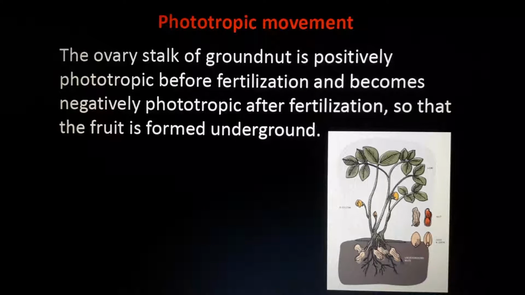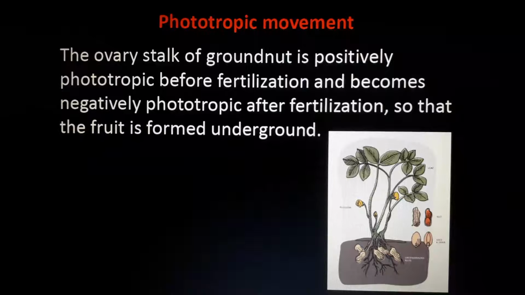I am not very familiar with groundnut because in our areas groundnut is not grown. But in Karnataka, there are lots of places. If you ask the farmers who are cultivating groundnut, they will explain it very well. Understand? They are doing it practically every day. They can give a better explanation than me. Before germination it is positively phototropic, meaning it will bend towards the sunlight. But after germination, it is negatively phototropic. So the fruit, that nut, will come underground.